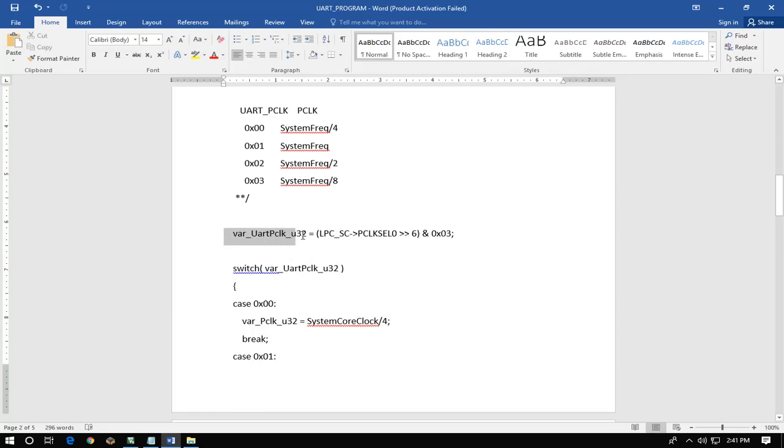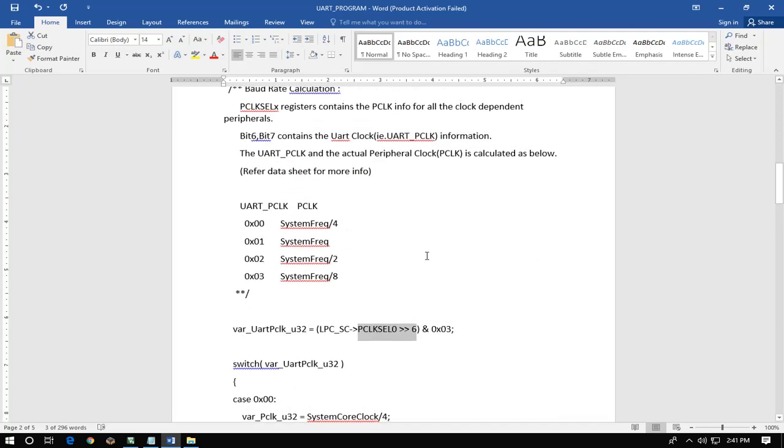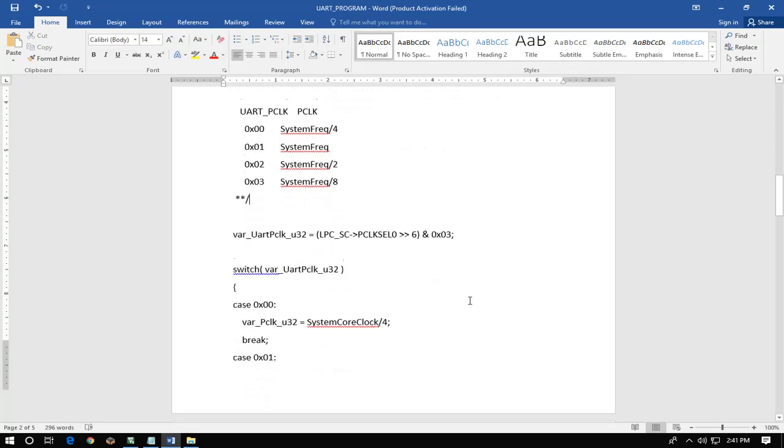Now in this, one variable is selected by PCLKSEL0 shifted right by 6 bits, so that it will select bits 6 and 7 of the UART PCLK.